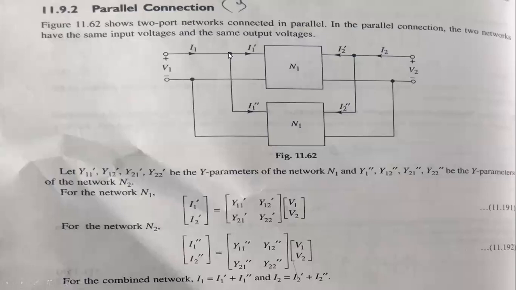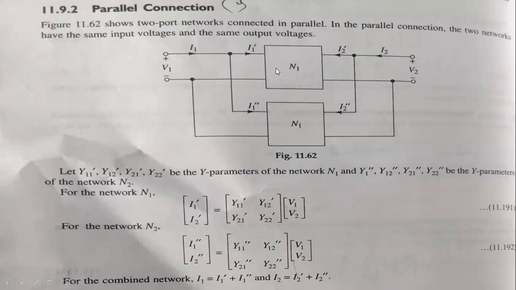See here, in this connection, the first line is connected to the first line of the second network, the second line is connected to the second line of the second network. Okay, see here, at the input as well as the output. So this is the basic parallel circuitry, that is nothing but the first will be connected to the first of the other network, second will be connected to the second of the other network. Similarly at the input as well as the output side, so my I1 will change while you are going to connect to the other network.